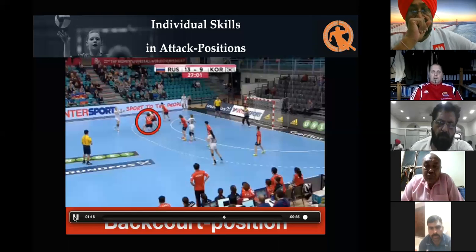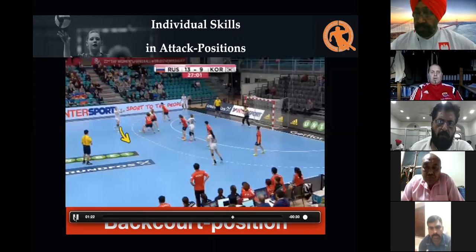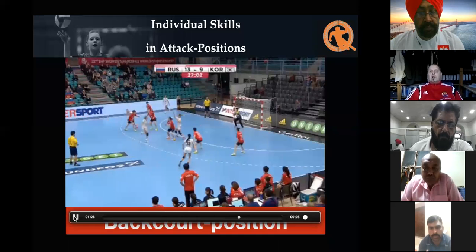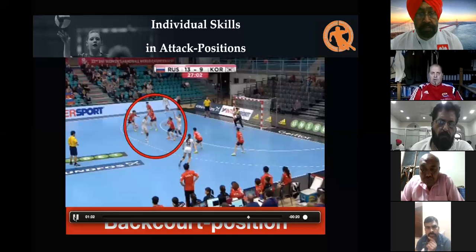And by the time left back receives the ball, she has the free space to move inside the central area of the court. And here we have now almost a classical 2-on-1 situation in the central area of the court. So in that moment, if the defense would step out and attack the backcourt player, she must pass to